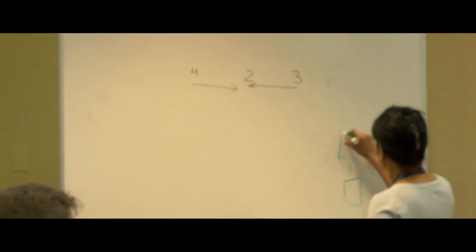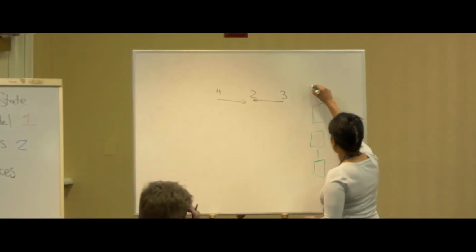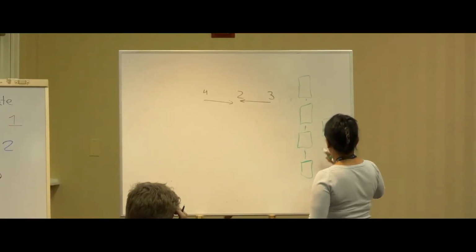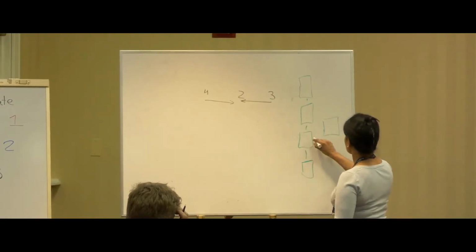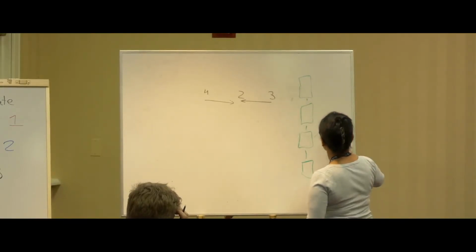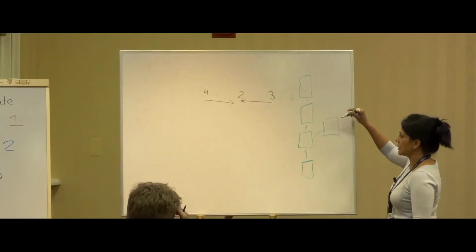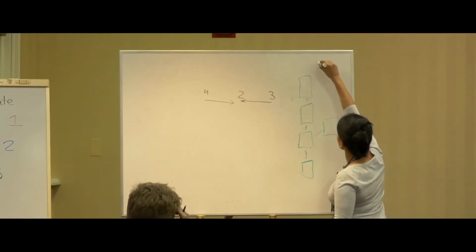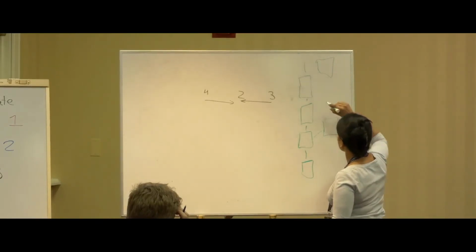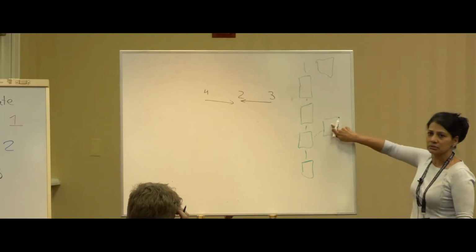So this represents blocks, and here we have a validator. This is block height. And so when this block appears in the justification,